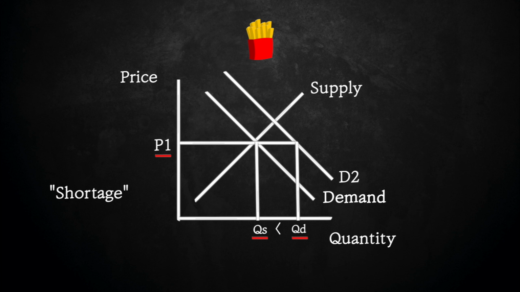So what can the factories do? What can they possibly do to chill the consumers out, to have them demanding less chips, while they don't necessarily lose profit? Well, they would increase the price. As producers realize that they can increase the price so consumers demand less while they earn more money per bag of chips, there's a movement along the supply curve.